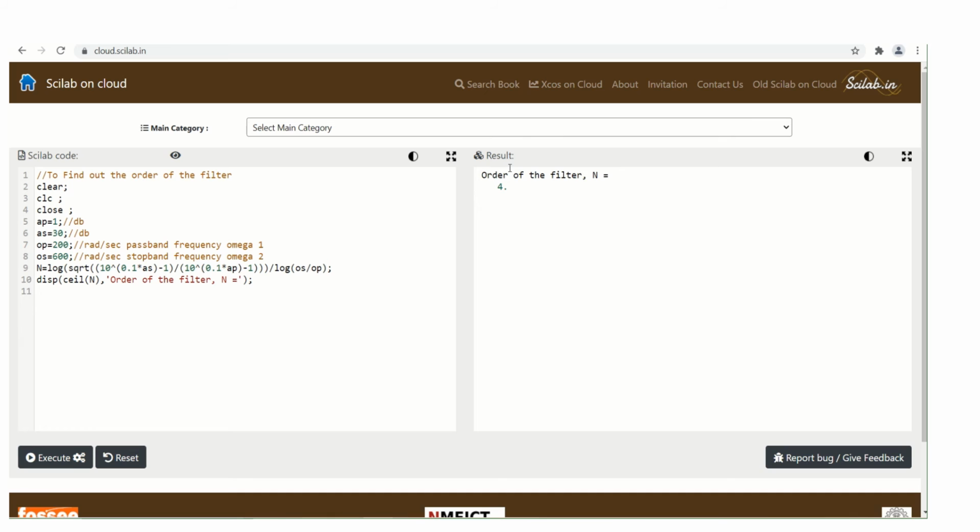Now see here, the order of the filter is 4. So if you change these parameters, you will get a different order. If you change this parameter, let us say I will take 2, and I will execute this code. It is not showing, so I will reset this.